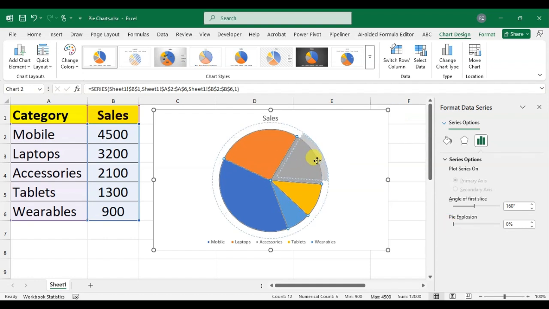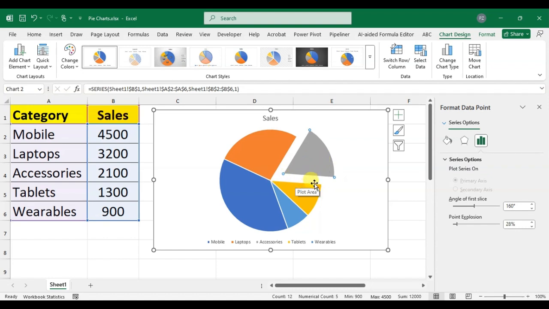you can drag and set also one slice. So you just drag. Okay, this is the point explosion. You can easily set it. Okay, so this is a way